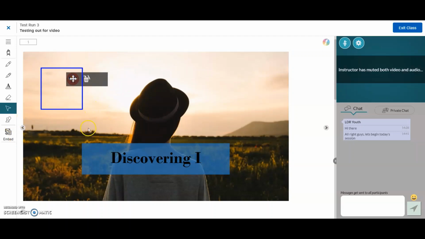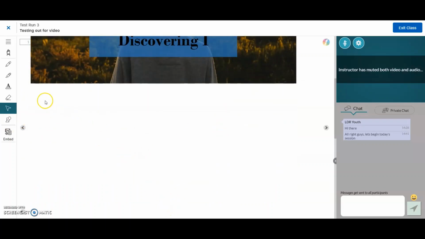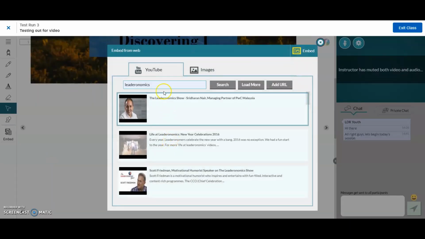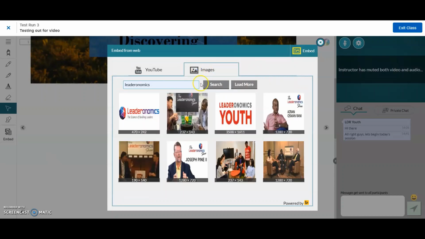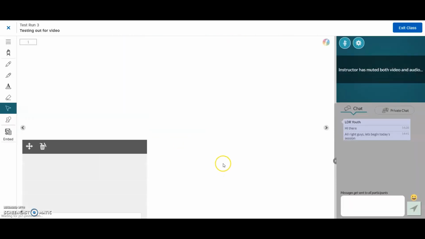Right? And lastly, quite an important one, you can actually scroll down and there's so much space for you to write. For those of you who prefer to write on an empty space, you can also use this function called embed content, and you can actually add in a lot of things. For example, if you press web content, you can look for YouTube videos or even images that you like to put into this slide. So for example, let's say you want to put this in, you click here, or you can even add a URL if you have a specific one, or you click here and you put it in and it will actually pop up on the slide itself